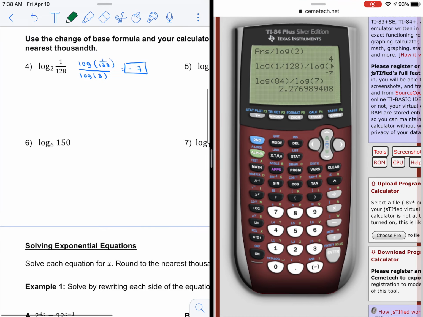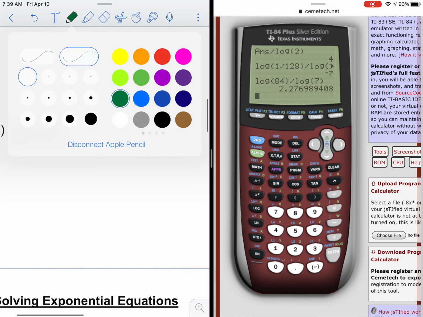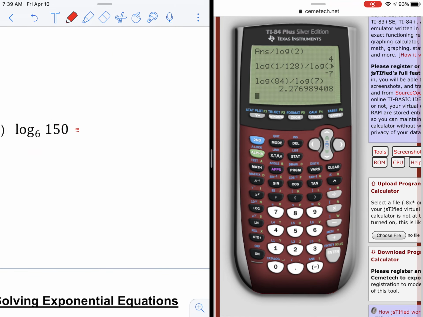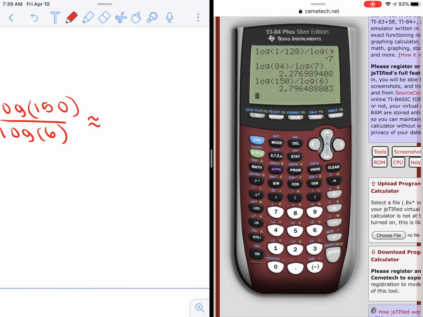Moving on to the next problem, same thing. Just knowing this change of base formula is very helpful. You're getting the log of 150 divided by the log 6, so the argument over the base. So in our calculator, we could do log 150 divided by log 6, and you're getting approximately